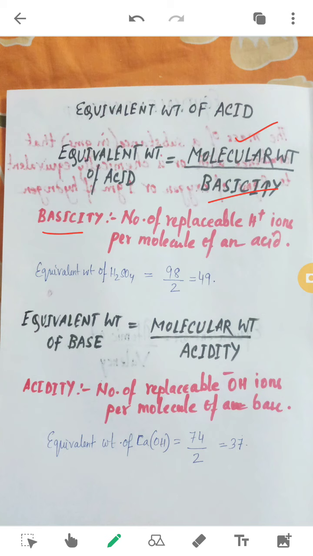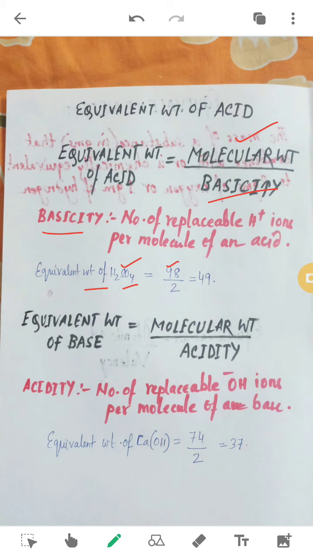So now if we want to find out the equivalent weight of H2SO4, how do we do it? It's 98, that is the molecular weight of H2SO4. We have already known how to calculate it. It's 2 hydrogen, from there you get 2. Sulfur, there you get 32, and oxygen, each oxygen is 16 and you get 4 oxygen atoms here, so it is 64. You know already the molecular weight finding.